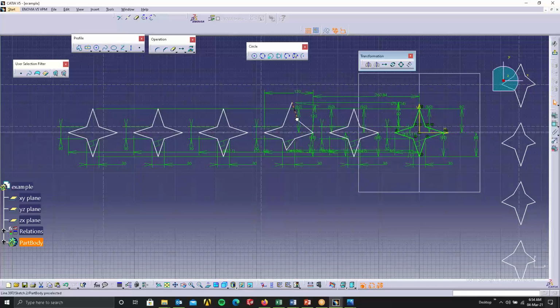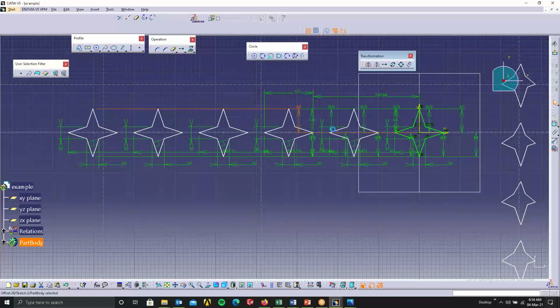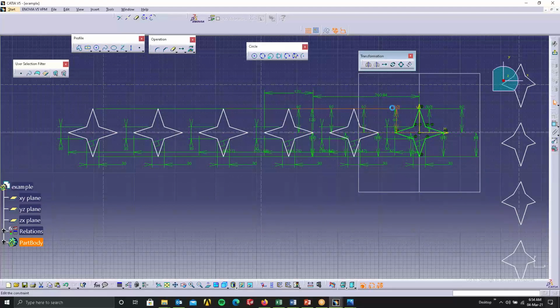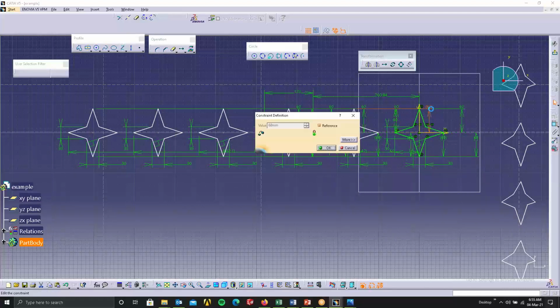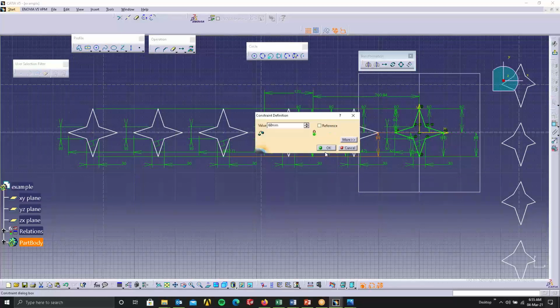One more thing here. What you do is, see, all these things are there, right? 60 and everything. Just select this. This reference, you turn it off. Make it an actual dimension. So wherever this reference is there, turn it off. We don't want this as reference, but we need this as an actual dimension. Everywhere the 60 is in reference, turn it off,